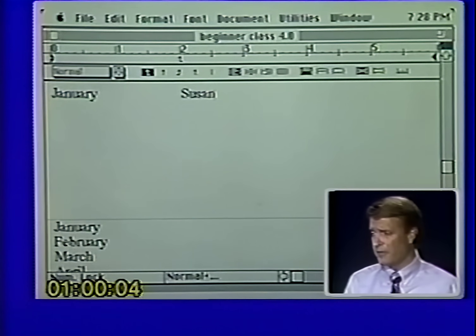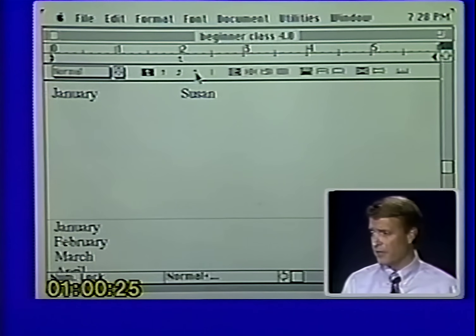Now the next thing I want to do is put a column of numbers, and I don't know how many of you have tried to make a column of numbers line up in Microsoft Word, but it's almost impossible to make them line up evenly. You'll start getting a wavy line unless you use the decimal tab. The only way to get a column of numbers to line up in Word is to use the decimal tab, and that's the 4th tab right here.